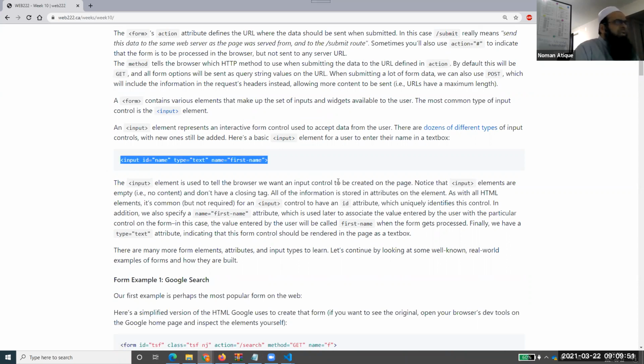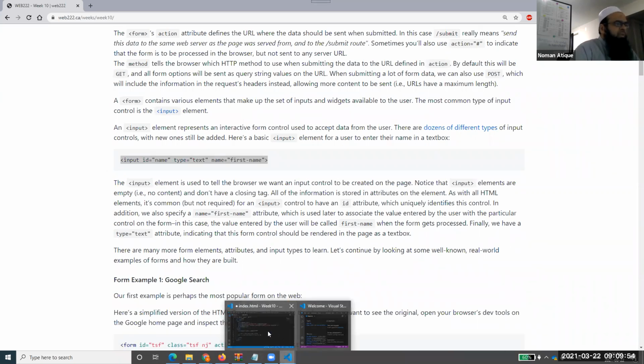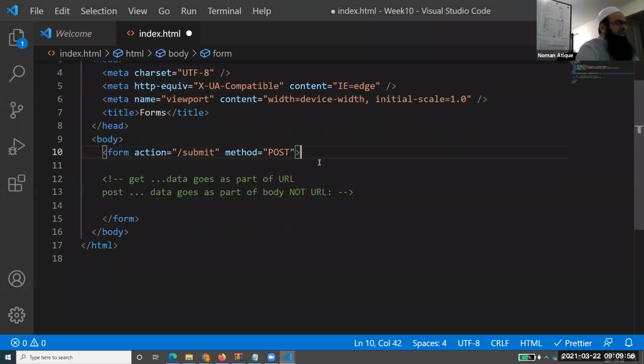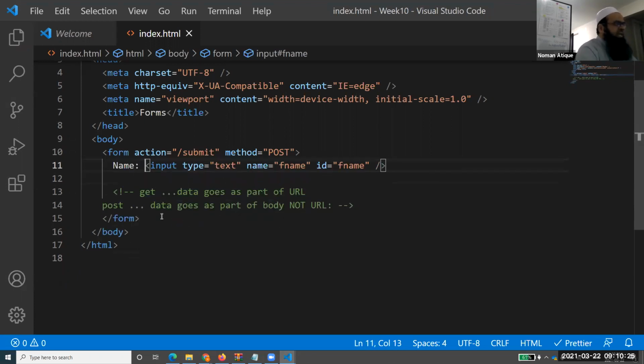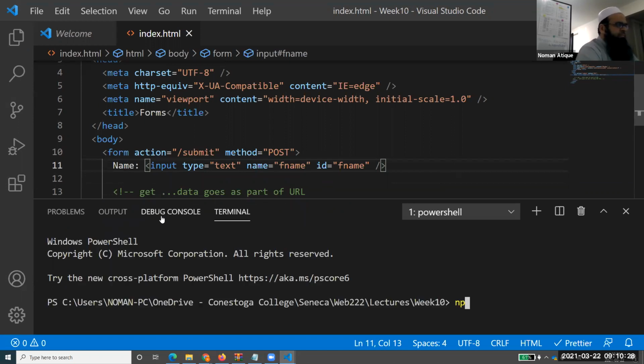Let's not take this one; rather, we can create our own. So come here and let's create something inside it. I will write input and press tab. Input type is equal to text. I want to say name is equal to name, or f name, so that it makes a difference. ID is equal to f name again, something like that. I have just made this one. Let me write a name here. I'm just mentioning this. Let's run this one, and I'll show you what is going on.